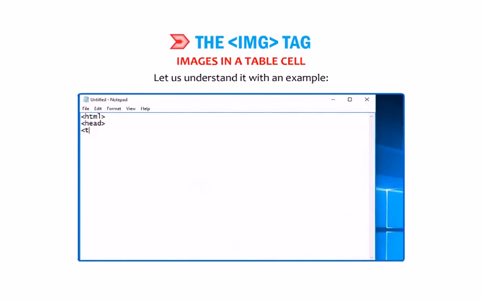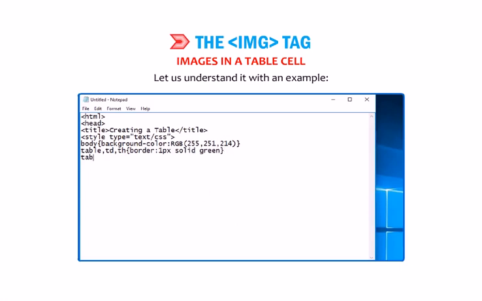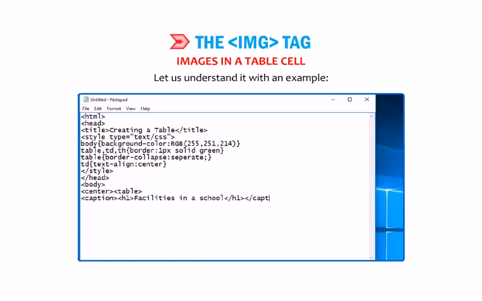<html><head><title>creating a table</title><style type="text/css">body {background-color: rgb(255, 251, 214)} table, td, th {border: 1px solid green} table {border-collapse: separate;} td {text-align: center}</style></head><body><center><table><caption><h1>facilities in a school</h1></caption>